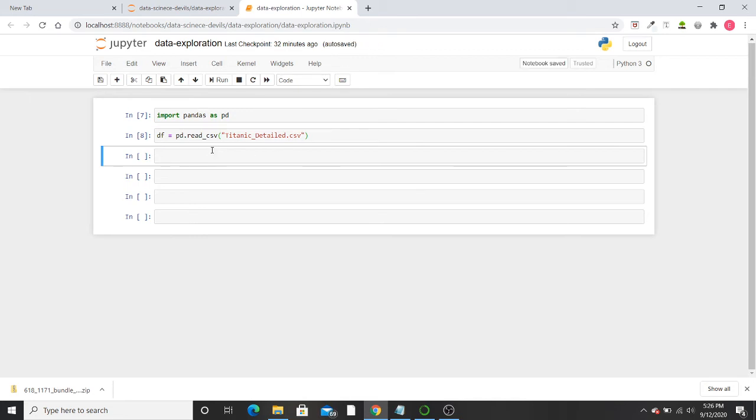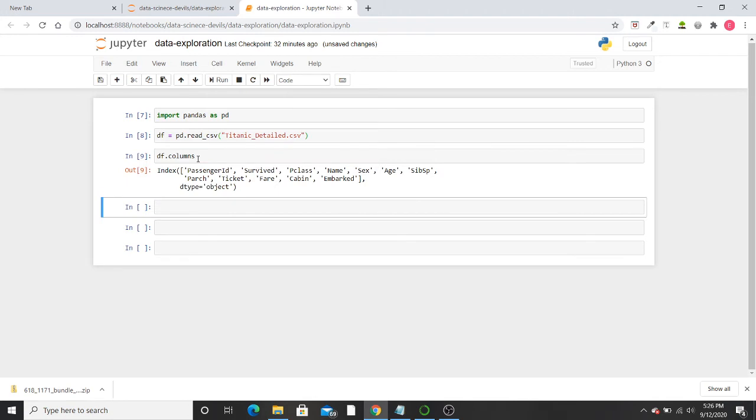Now next I want to know what all columns are present. So for that I'll use df dot columns. Now don't put parentheses, as this dot columns is not a function, it is an attribute. Shift enter. So these are all the columns: passenger ID, survived, P class, name. And if you want to know the values, then we can simply use df dot values.